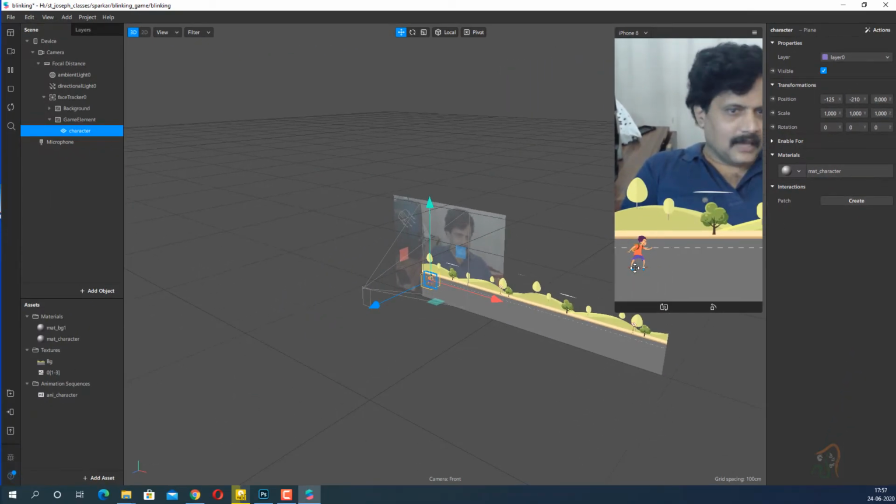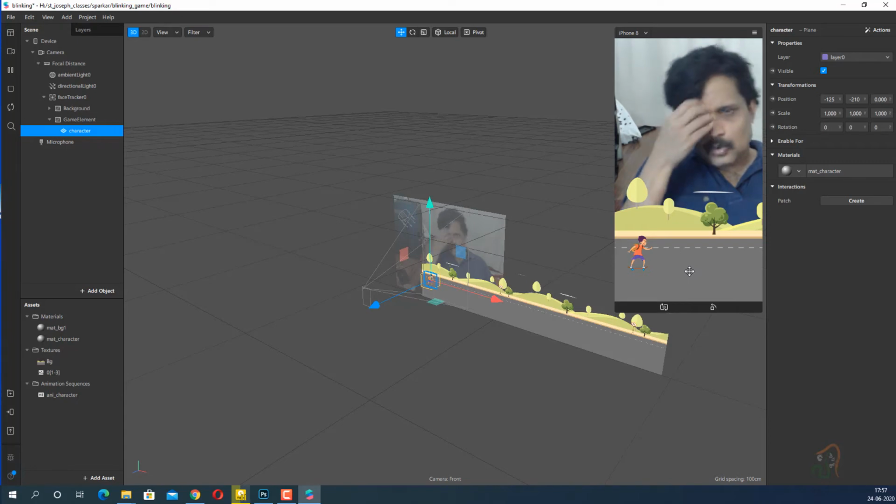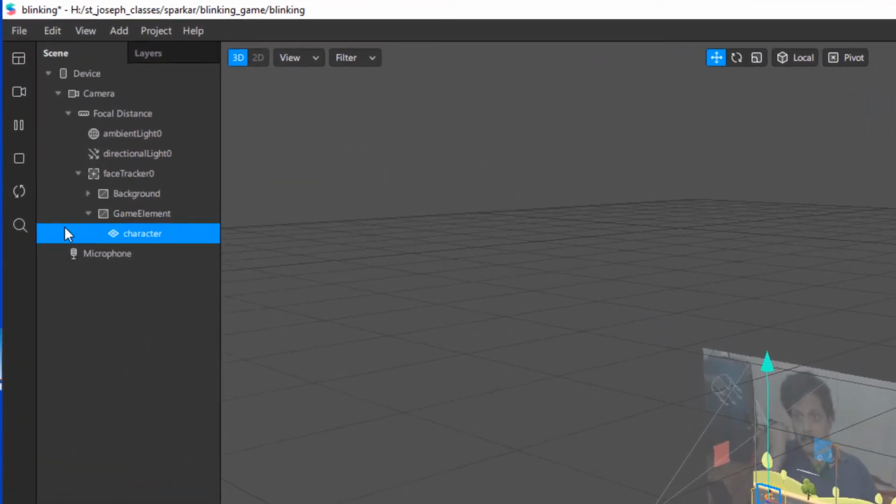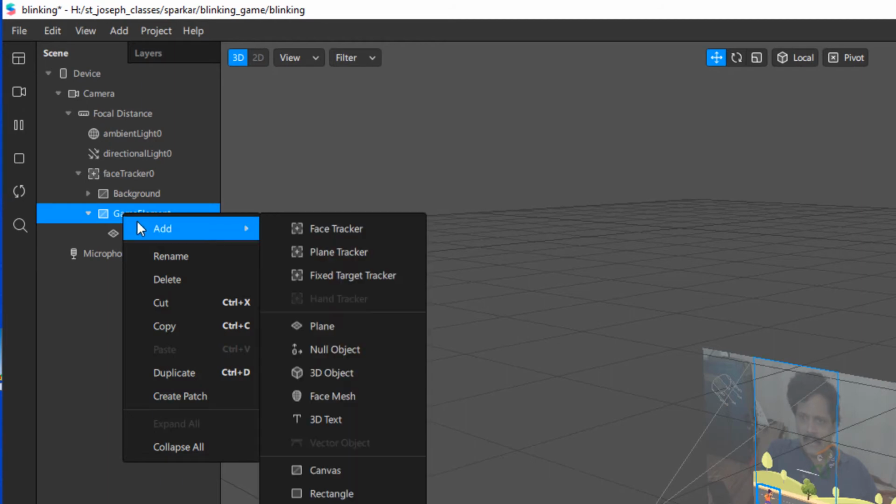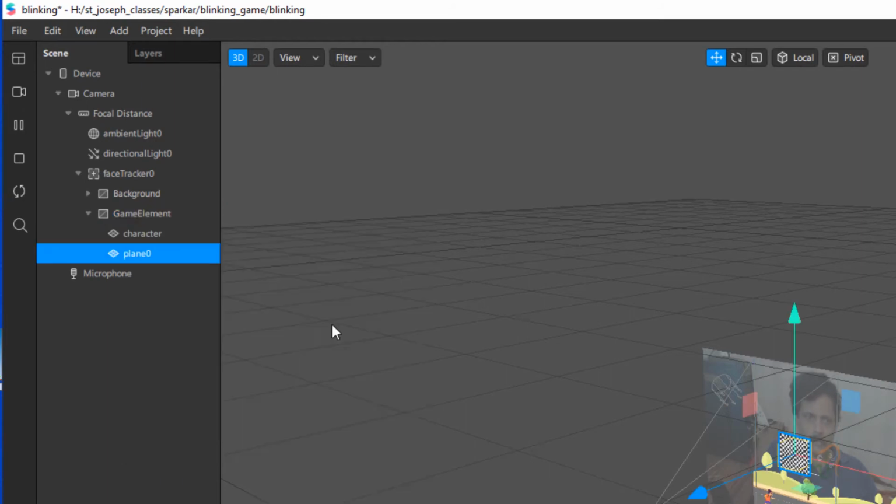The next thing is we have to add colliders. So to add this collider, we will again come back here and in game element right click, add, and choose one more plane and name this plane as collider 1.